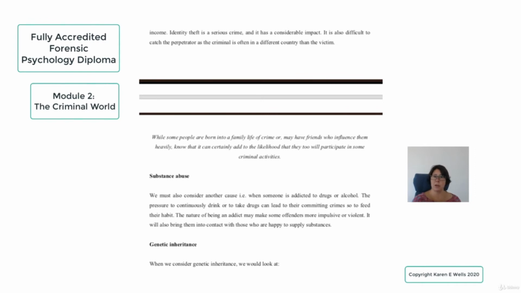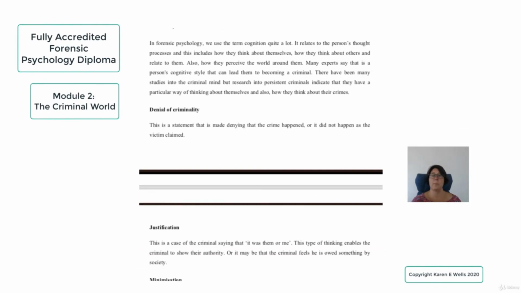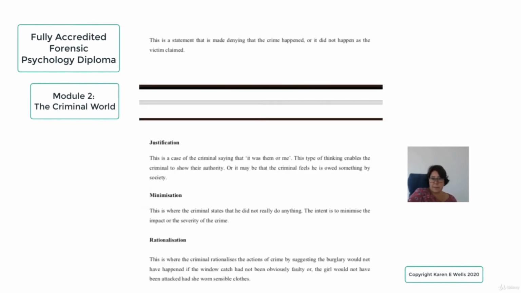Also, is there a genetic inheritance? So we're looking at brain damage, dysfunction, the passing of genes, hormones, physical stature. We're looking at the denial of criminality. So that's where the person is absolutely denying they've actually done anything at all, or it's completely not true what the victim said. We're looking at justification,